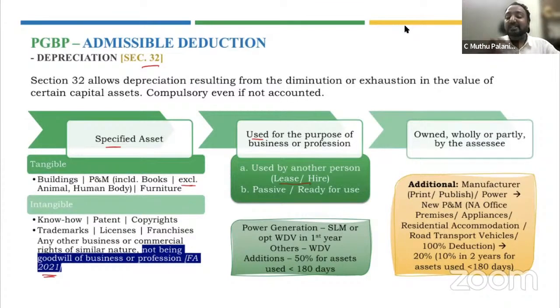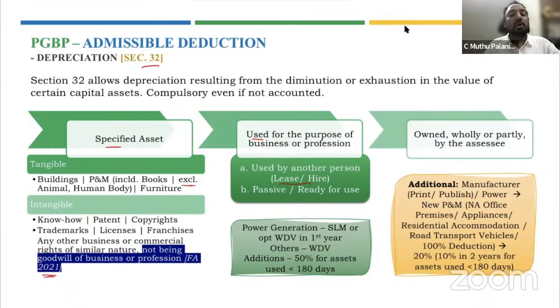And what about passive or ready for use? When you say passive or ready for use, I'll tell you a very short example. I buy one machinery today in October. I buy one more machinery in February. But what is the use of the second machinery that I purchased in February? It is to use when the first machinery is repaired. When the first machinery is not working, I will use the second machinery, which means